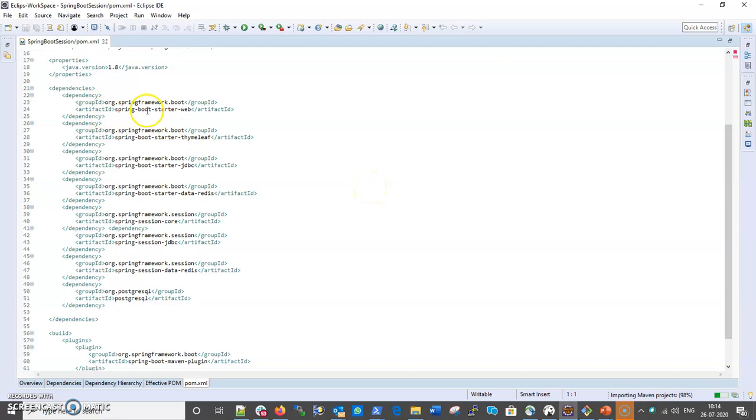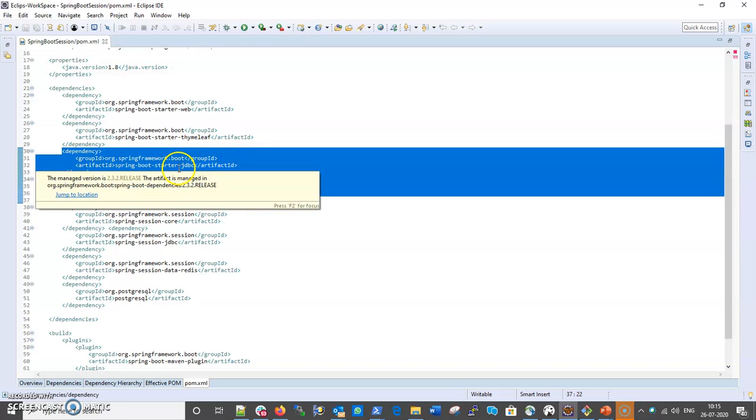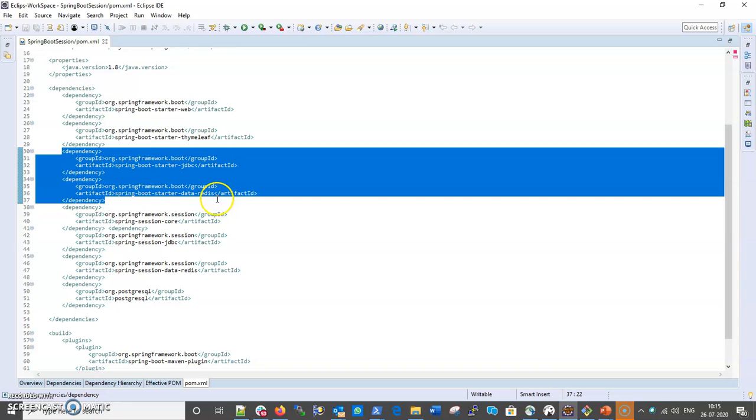The first dependency is the Spring web dependency. Then we have Thymeleaf, which is an HTML framework for building forms and other HTML components. And then we have these two dependencies, one for starter JDBC and another for starter Redis.